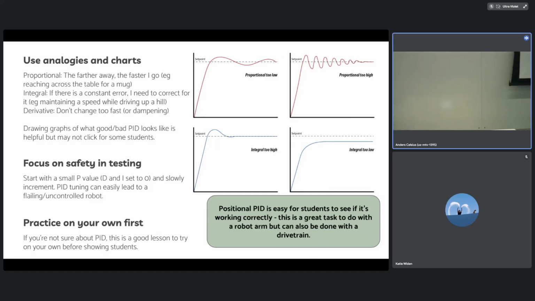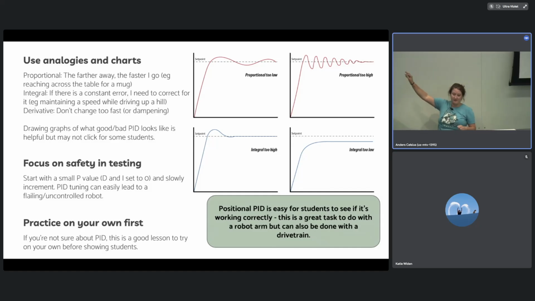So we increase our P until we get to that squiggly one. And then once we get there, we increase our D until we get to maybe something like this guy right here. We really talk about how fast we want things to happen because kids like to do things really slow because they're scared. We almost never have to deal with I. If you have an arm fighting gravity, maybe, but it never comes up.